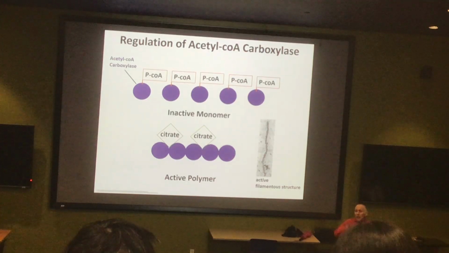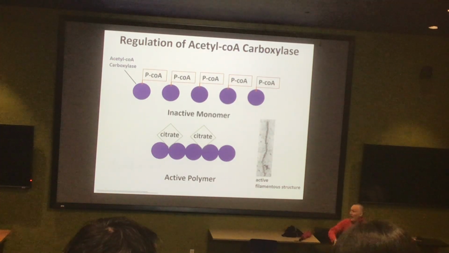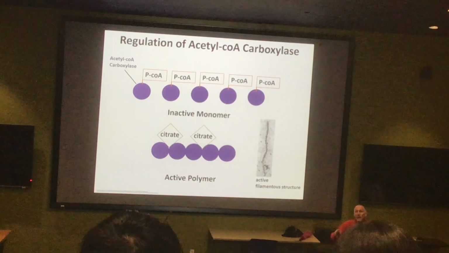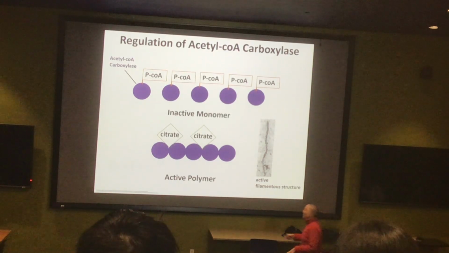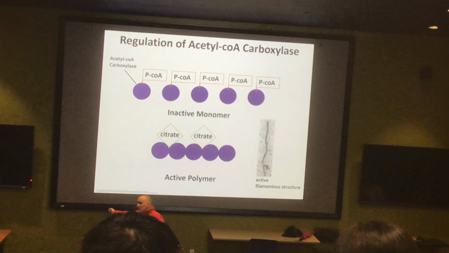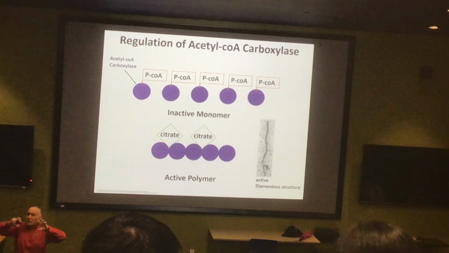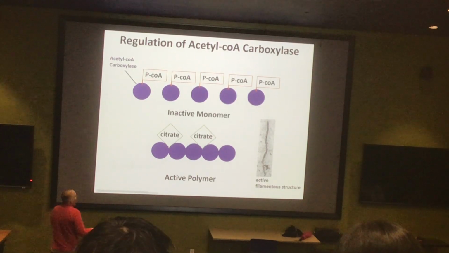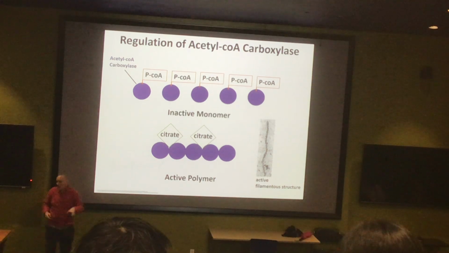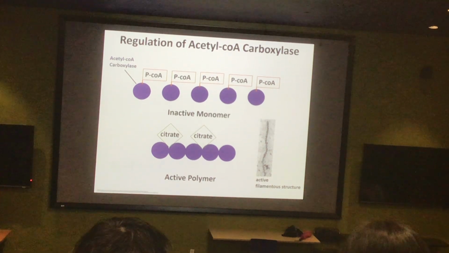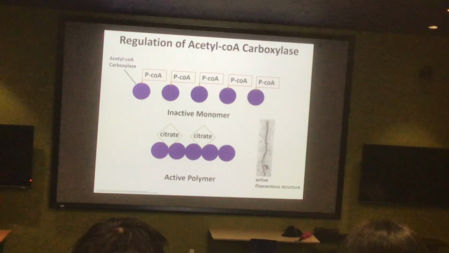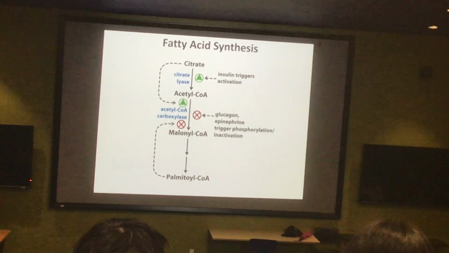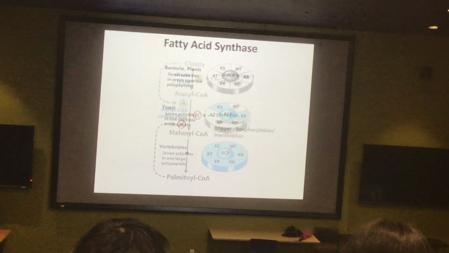You have a lot of citrate, you want it in the cytosol, you want to make fatty acids, the polymer becomes stabilized by binding to the citrate. Who breaks up the polymer into monomers? Palmitoyl-CoA, a long-chain fatty acid, binds to it, causes those polymerized subunits to dissociate. So this is a mechanism like none we've seen before. This is a regulatory mechanism at the allosteric level that's determining whether or not the carboxylase is on. Because again, you don't want to make this malonyl-CoA if you don't have to, right? If you're not going to make lipids, do not make malonyl-CoA.